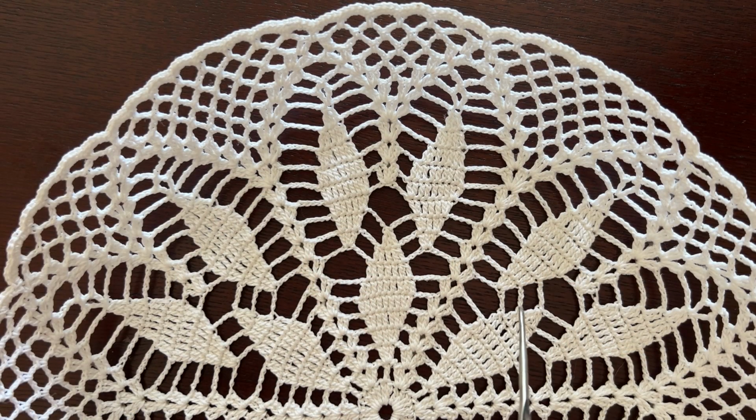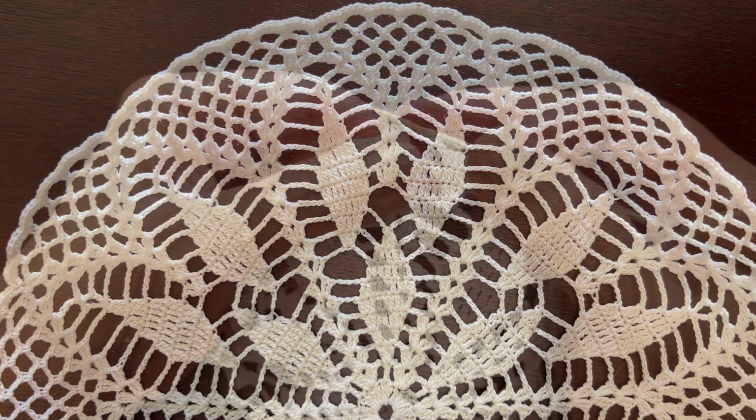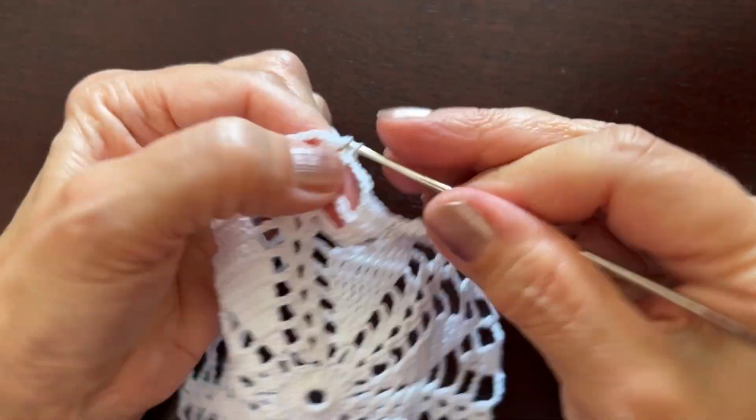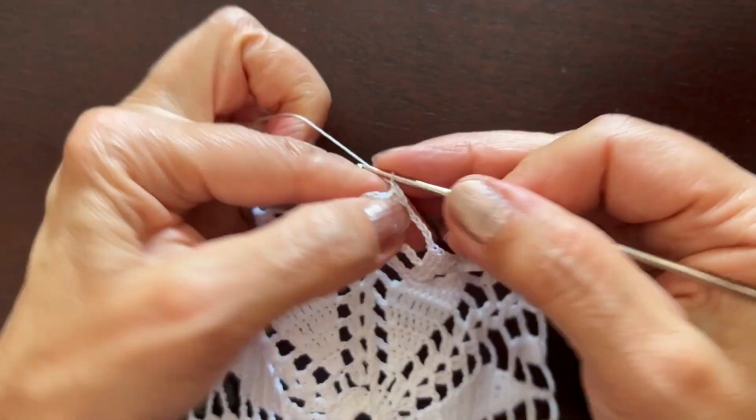In round number 11, we'll continue increasing the number of double crochet stitches in the petals. There will be 7 of them this time, and chain 7 between the 2 petals. We'll continue making chain 5 on both sides of the group of 2 petals. So after the usual beginning, a shell,